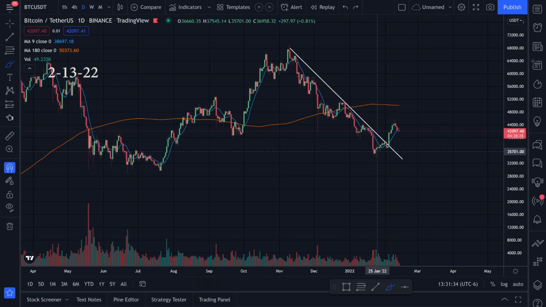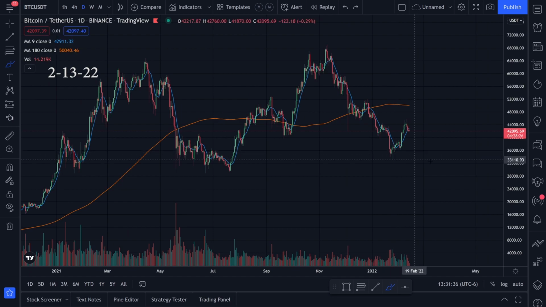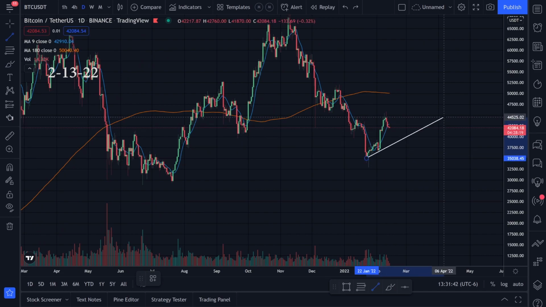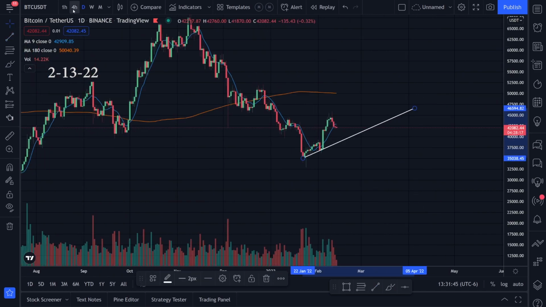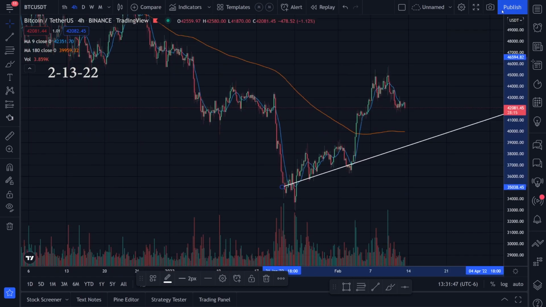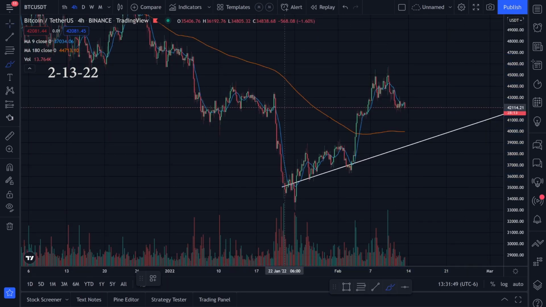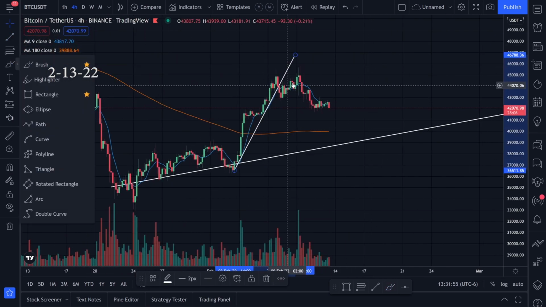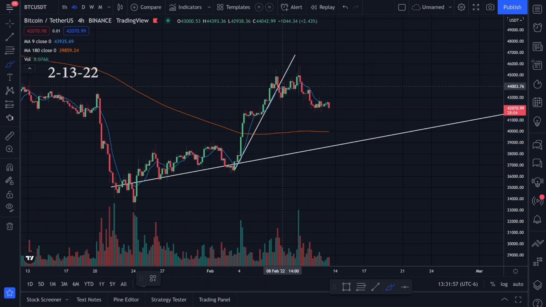So now what I was looking at are the support levels. We had support, support. Watching this uptrend going up like this. You could also argue that if you go into the 4-hour time frame, we had another uptrend right here. I was watching this uptrend like this, and once we broke this uptrend going to the downside right here,